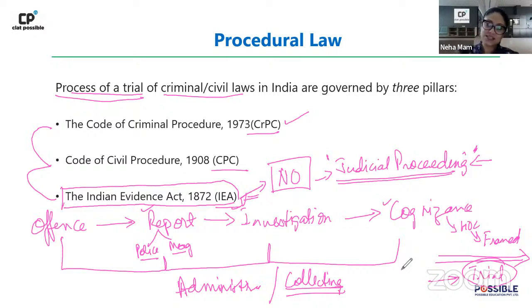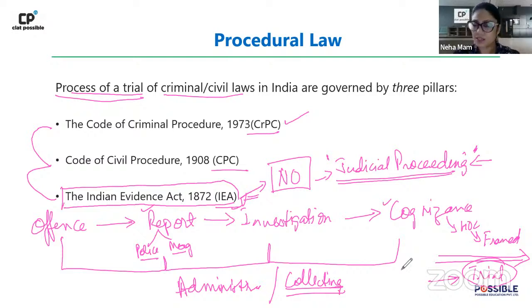दे कंटेन एविडेंस व्हिच इज एडमिसिबल। एक बार आपने एडमिसिबल, कोर्ट ने डिसाइड कर लिया कि हाँ भाई ये एडमिट करने लायक है, इसको आप एज एविडेंस यू कैन टेक इट इन, तो फिर आपके तराजू में वो डाल दिया जाएगा, एंड देन जस्टिस इज ब्लाइंड, फिर जस्टिस आंख बंद करके देखेगा कि भाई किसका तराजू एडमिसिबल एविडेंस की तरफ से भारी है, एंड उसकी तरफ आपका जजमेंट जाएगा, राइट? सो ऑलवेज रिमेंबर व्हेनेवर यू आर टॉकिंग अबाउट एविडेंस और इंडियन एविडेंस एक्ट, here we are talking about admissibility, we are talking about evidence जो कि judicial proceeding, trial के टाइम पे क्या चीज आप कोर्ट में एज एविडेंस दे सकते हो, क्या चीज आप एज एविडेंस नहीं दे सकते हो,